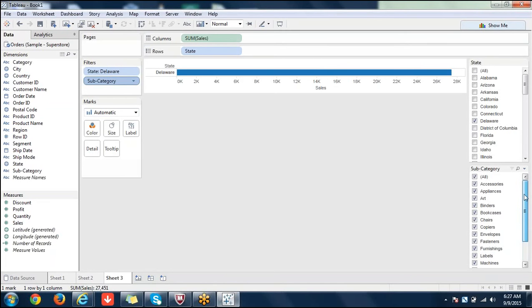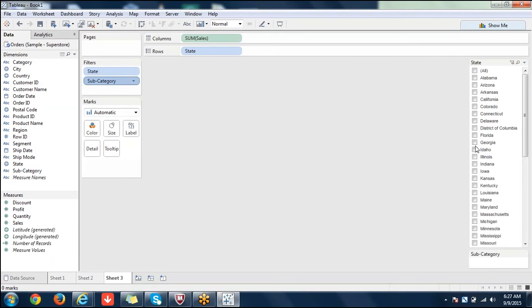Since subcategory is not in the hierarchy, that means for category, subcategory is part of the hierarchy. So that's the reason. Even now cascading filters work, but when there is a direct relation between these two fields, cascading filters and context filters are similar or the same in fact. There is no difference between them. When there is no relation, only relevant values. For example, I've selected Delaware, for Delaware all subcategories which are available in the database will be displayed like this.